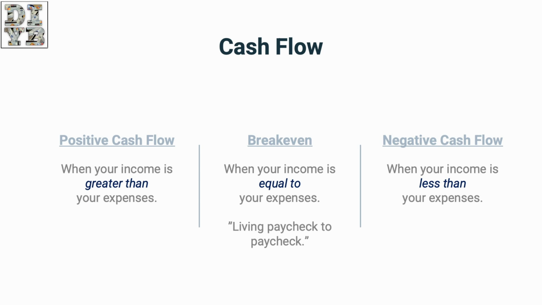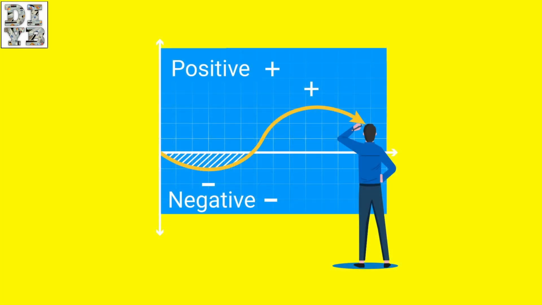And the reason we want to calculate your cash flows, we want to get an understanding of how much extra money, even if it's a little bit, that you have each month that you can put towards your settlement fund. If you're in negative cash flow, we'll see as we get into the strategy section, you're going to want to start looking at how to increase income or decrease expenses in order to move you into that positive cash flow so that you're covering all of your bills